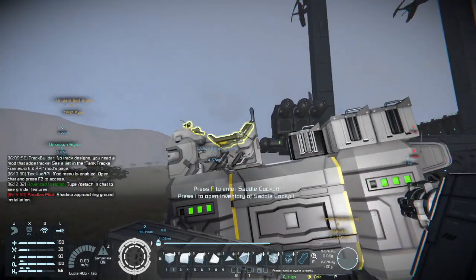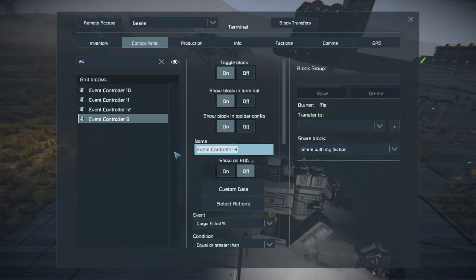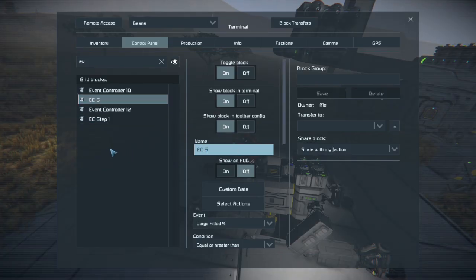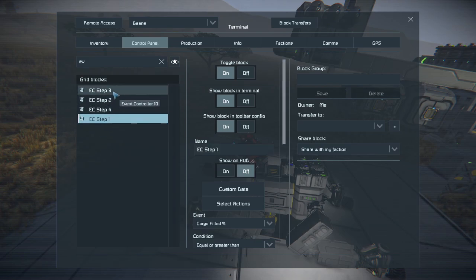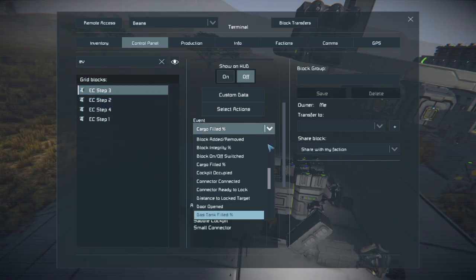All right. So now, event controller step 1, event controller step 2, event controller step 3, and then step 4. So now all of you, and I can't do you all at the same time, great, is